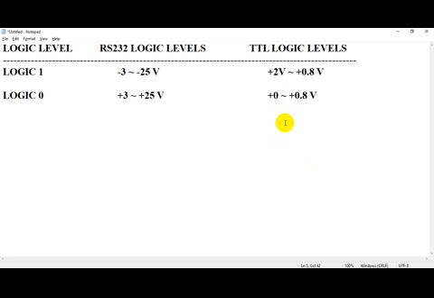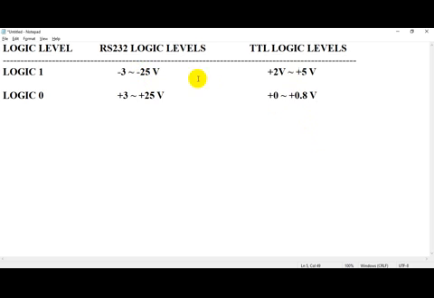In the TTL logic family, logic 1 is from +2 to 5 volts, and logic 0 is 0 to 0.8 volts. In the lab, while testing ICs, for logic 0 you used to connect to ground, and for logic 1 you used to connect to 5 volts, correct?